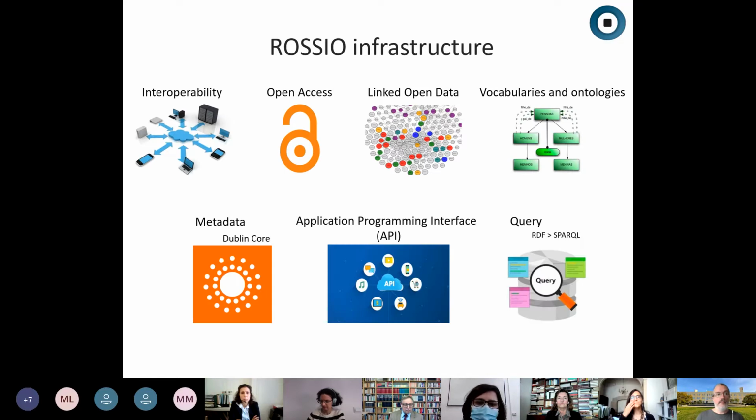Of course, for this, we are implementing a set of technologies that are already available, and we use them openly. All the software is open and free. The solutions that we are implementing are going to be also shared openly, as the vocabularies and ontologies, for instance. The software that is going to be built is also available. It's going to be available on GitHub, and it's a way for us to share this type of knowledge